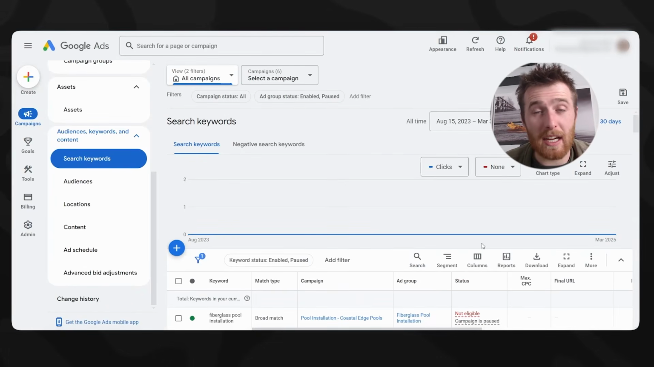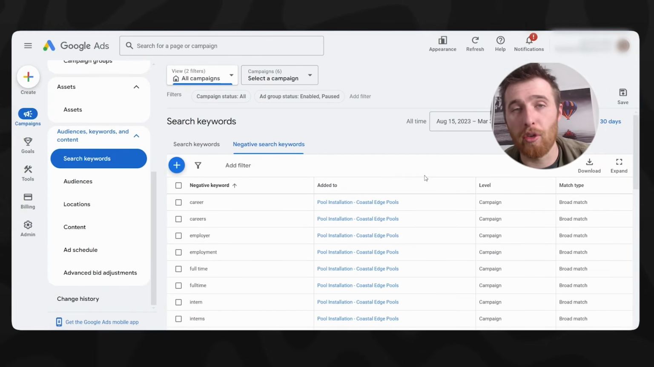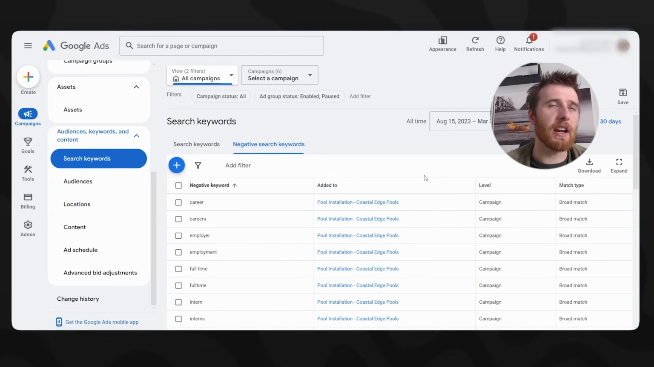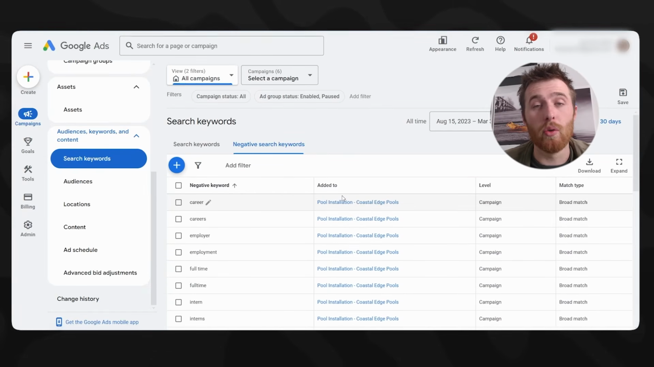Now, the last thing I did want to talk about in terms of search terms, keywords, and all that great stuff is negative search keywords. So this is going to tell Google what not to target. We don't want to go after these specific keywords. Maybe you have it in phrase match and it's popping up. We have pool installation near us and it's popping up pool installation, companies near us looking to hire. That's not something we want to be going after. So we have to add it to the negative search keyword list to tell Google, hey, do not add this